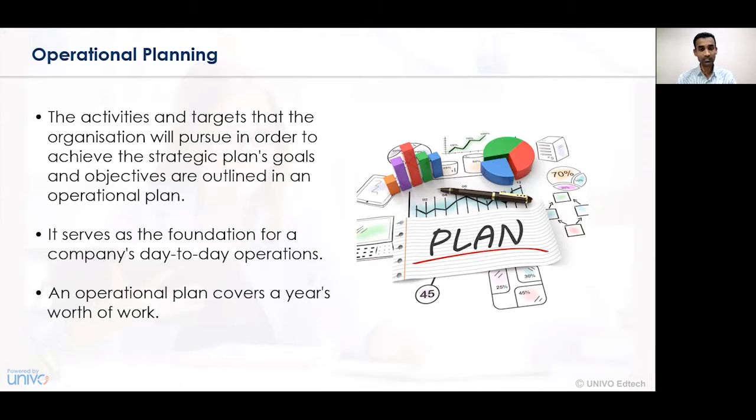As we have seen earlier, the operational planning also covers what activities we are going to conduct on a day-to-day basis. So a combination of activities undertaken on a day-to-day basis combines for a month, for a particular 6 months, and for a particular year. So for the entire year also, the operational planning activity can be undertaken.